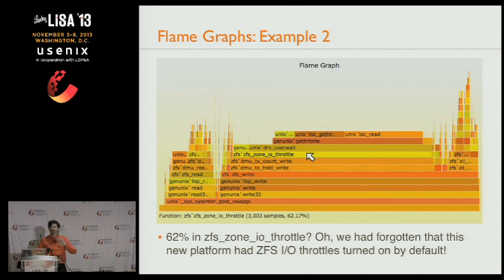And there was a talk yesterday from Jeff Darcy that actually had a great slide, a scatterplot, showing the effect of multi-tenants on I/O latency. So this is a problem that we've worked on, and we implemented a way to throttle tenants so that they couldn't hurt each other. The way it works is it goes into ZFS zone IO throttle. It then does some spinning to create a delay for those IOs, so that it backs off one tenant, so that other people get a chance to put I/O into the queue. And that involves getting into TSC read. But I'd just completely forgotten about it.